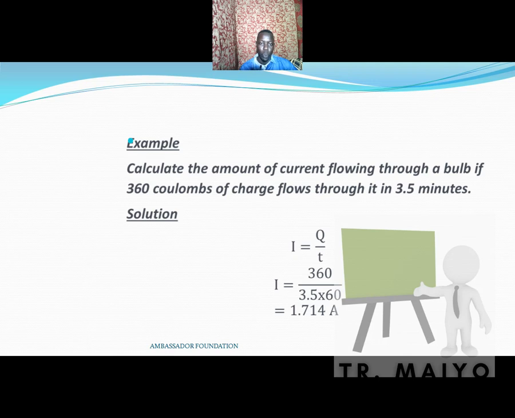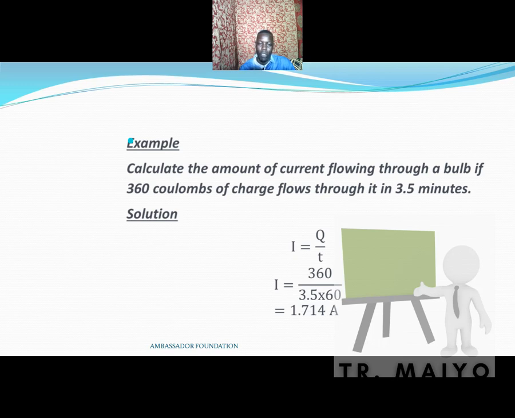Let's substitute. Q, we have been told 360 coulombs. Nice. But now here, time is given in minutes, so we have to convert it into seconds. So 3.5 multiplied by 60. There are some of you who don't know that 1 minute is made up of 60 seconds. They don't know that, but let me make you know it. So 360 over 3.5 times 60, you will get